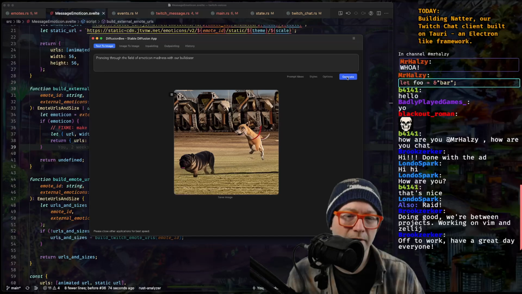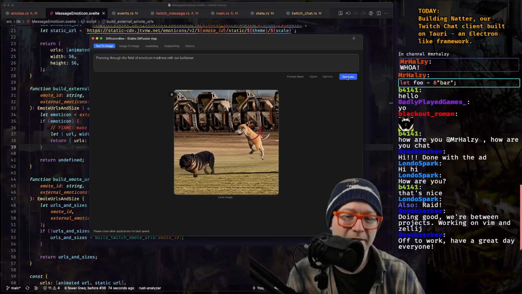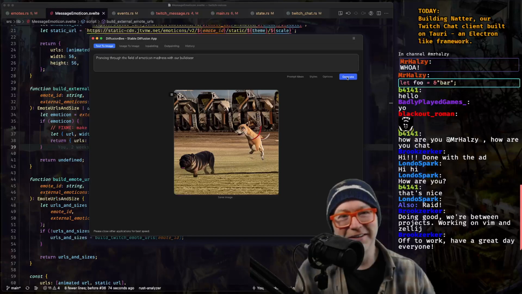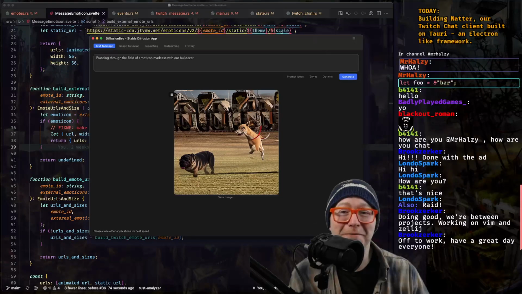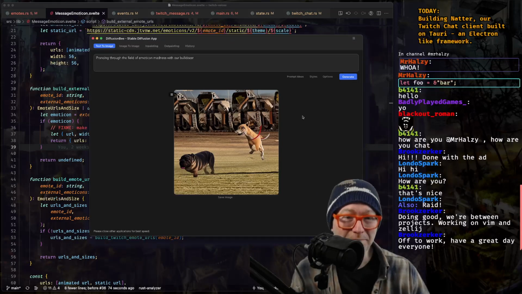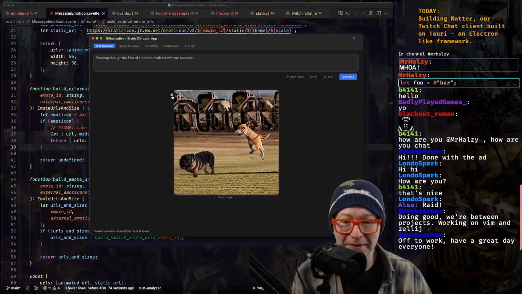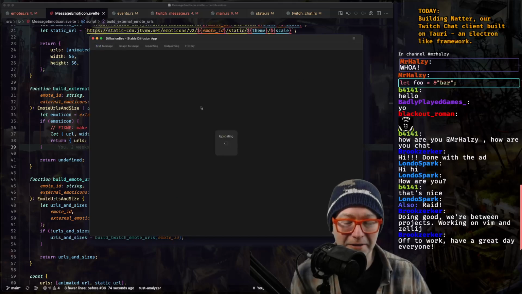Huh. All right, that's... And we got dogs. I think those might be dogs. They resemble dogs, maybe. Do they resemble dogs? I can't really tell. Let's upscale that image.